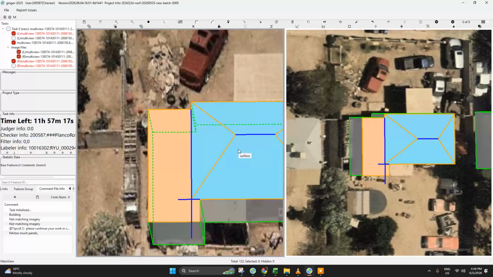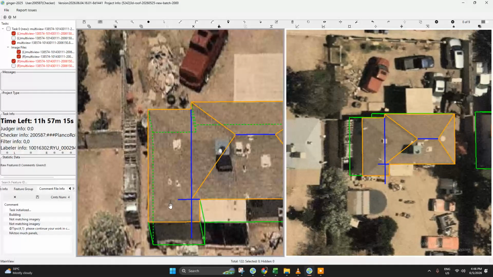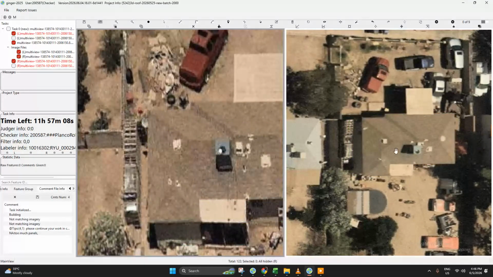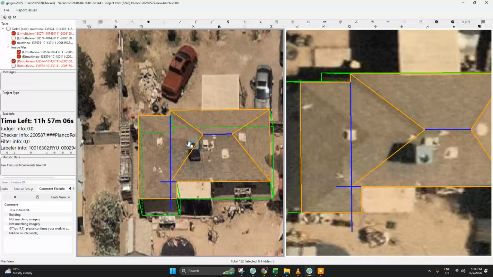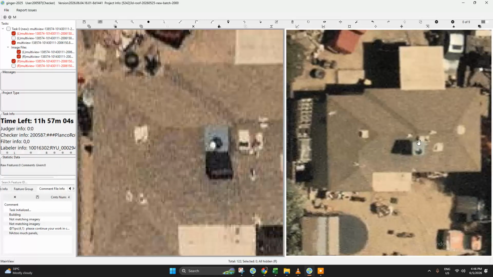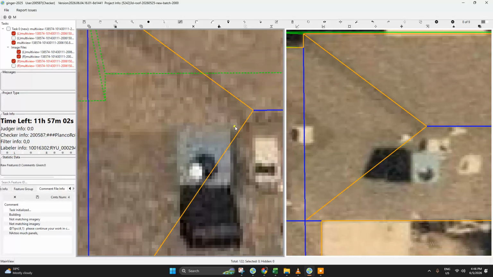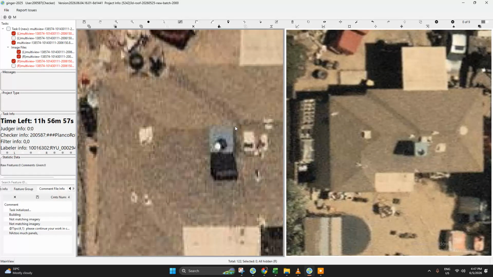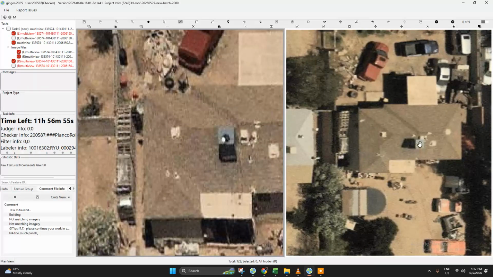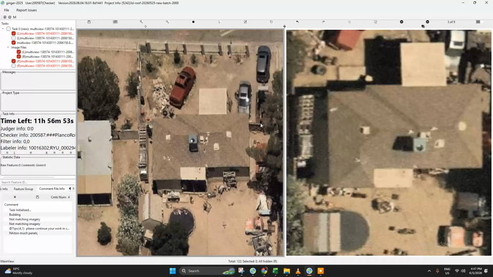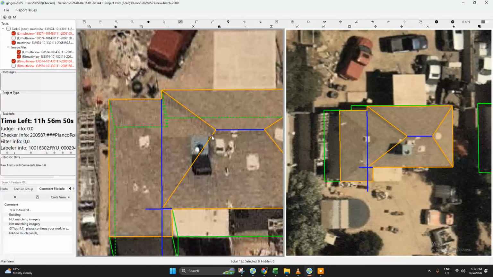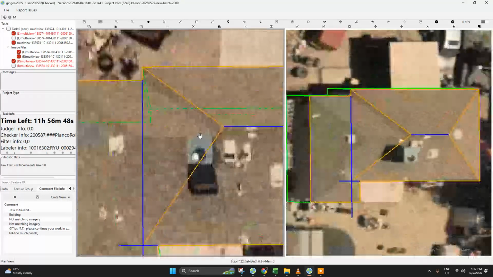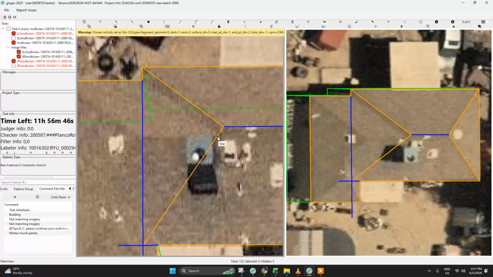Okay, so we are done with this part. So let's draw this area. For this one, I think we need to connect to here. I'm not sure if this is one panel only. So I think this is one panel only. So if it is one panel, we can connect here. So let's try.